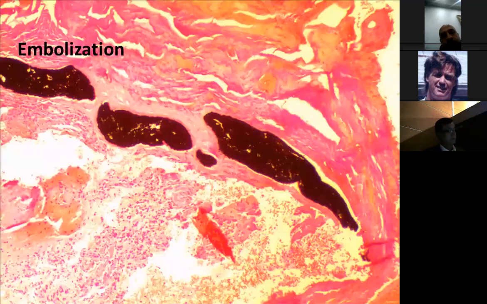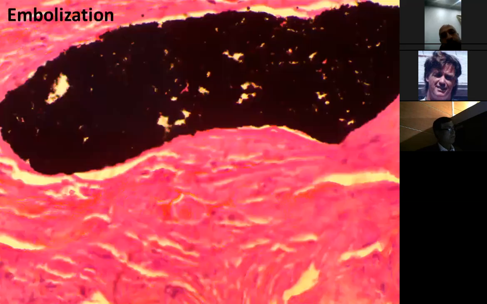This is a high power image. As you can see, these are the meningioma cells, originally from the arachnoid cap, the normal meningeal cells. This is the most common pattern. We can have other patterns like fibrotic meningioma, small cell meningioma, chordoid or clear cell meningioma, which is associated with a worse picture. And this is the embolization material, black in color inside the blood vessels and surrounding necrosis. The more prominent necrosis we can see in the wall of the blood vessels and the surrounding area. This is a higher power of the embolic material.